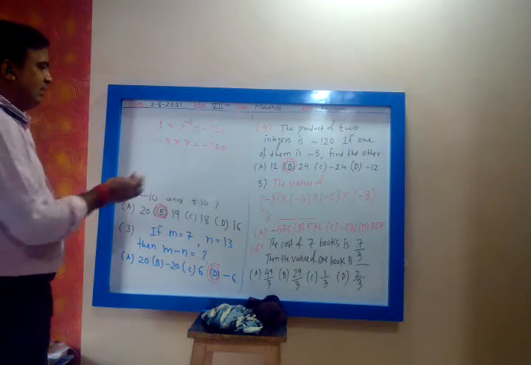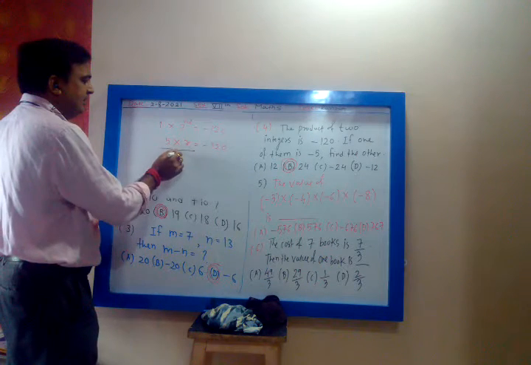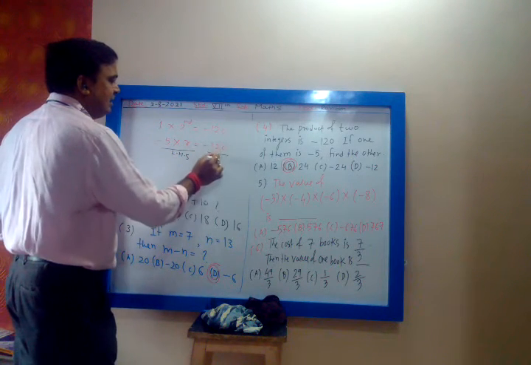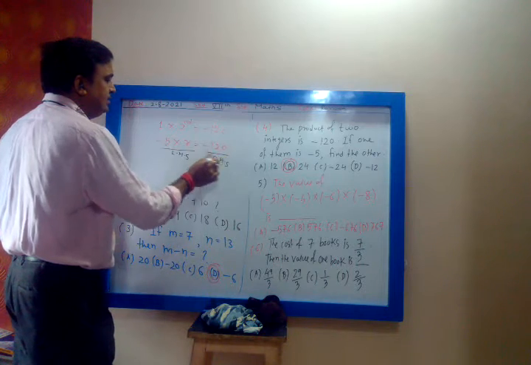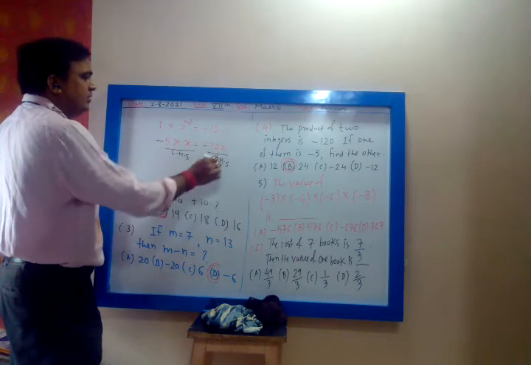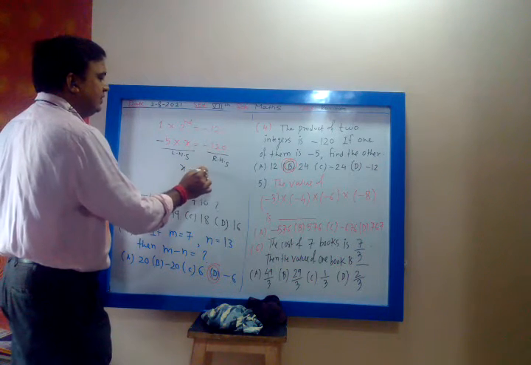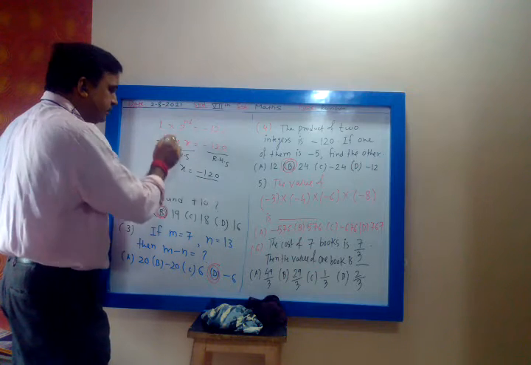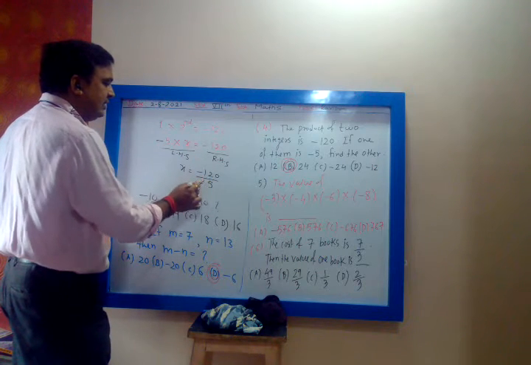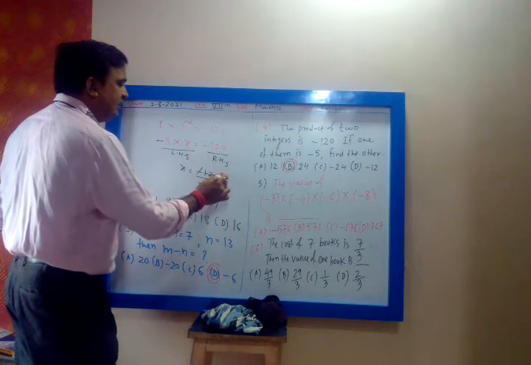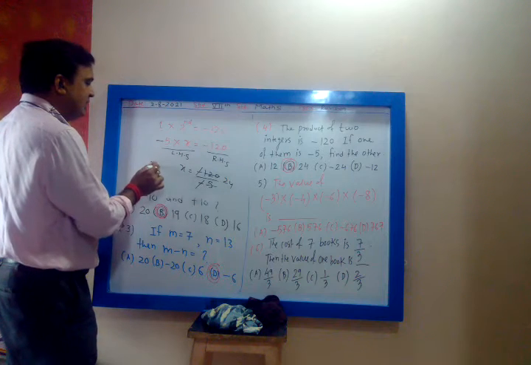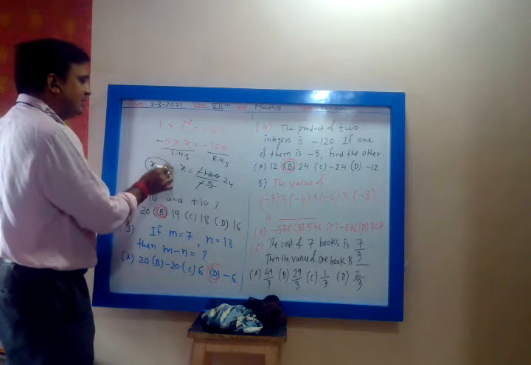This is my left hand side and this is my right hand side. Minus 5 is there in the multiplication, so minus 5 will go in the division. So x is equal to minus 120 upon minus 5. The minus minus signs get cancelled. 5 twenty-fours, so the answer is plus 24.